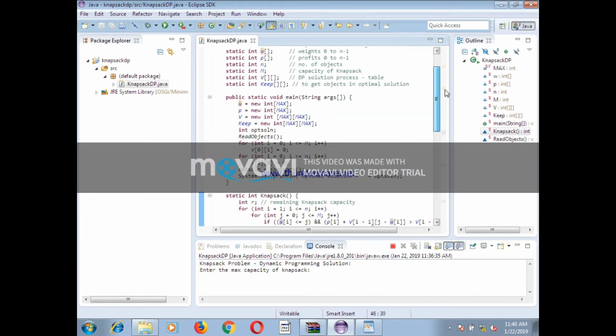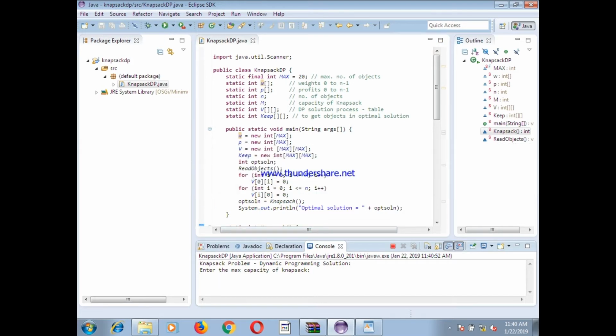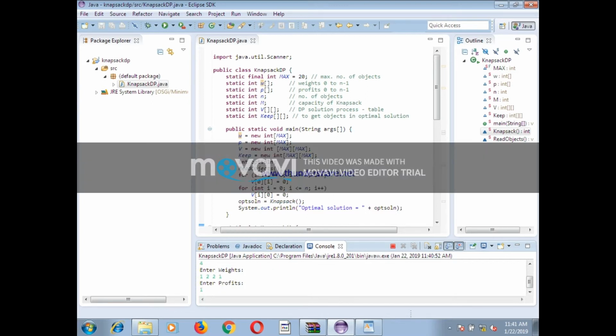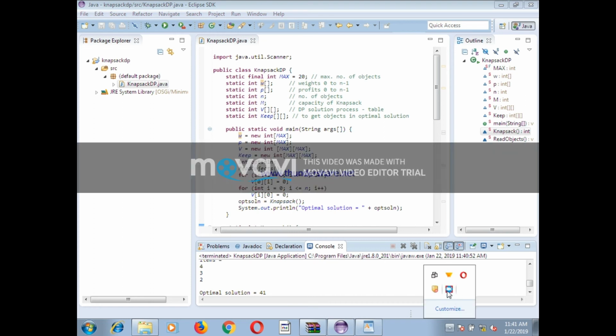Now let's execute the program. That's knapsack using dynamic programming. What's the maximum capacity of the knapsack? I'll just say 5. The number of objects is 4. Weights: 1 2 2 1. Enter the profits: 10 12 14 15. The optimal solution we got is 41. The items that will be included in the knapsack are 4, 3 and 2, because the size of the knapsack capacity is